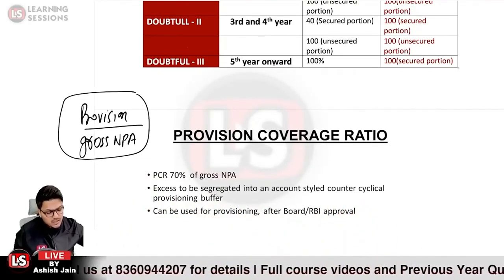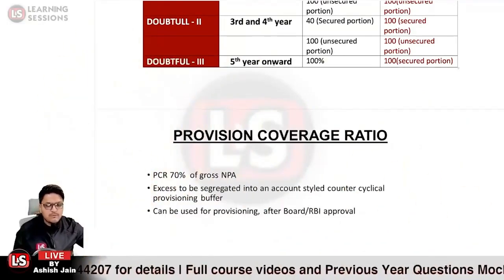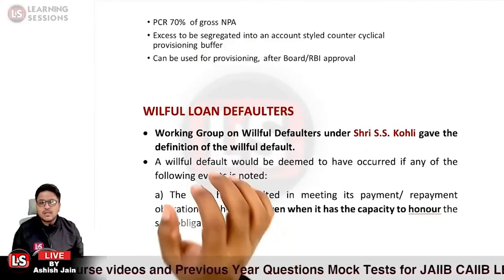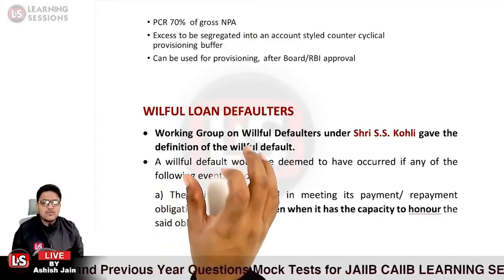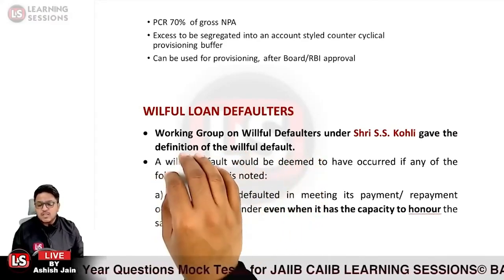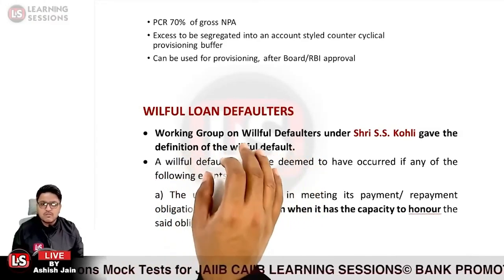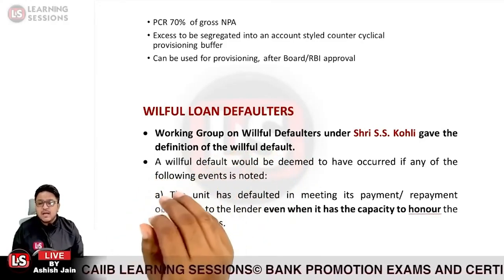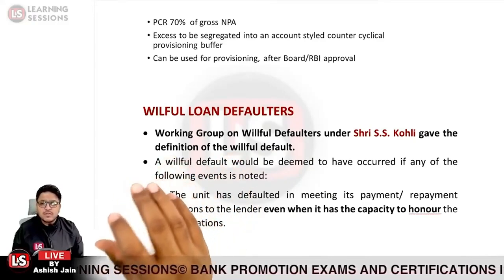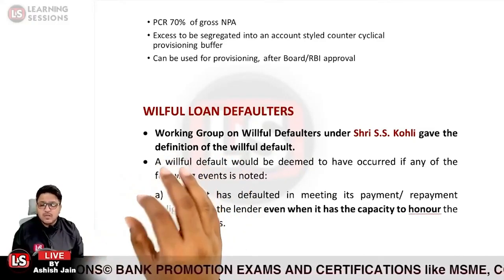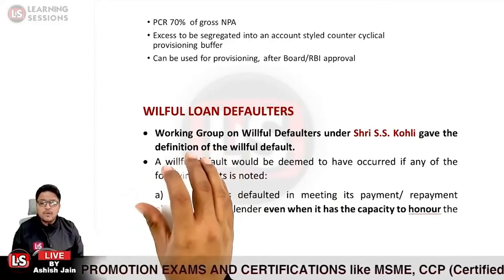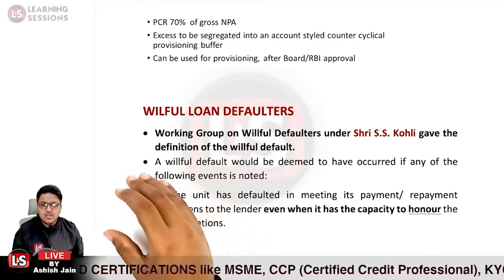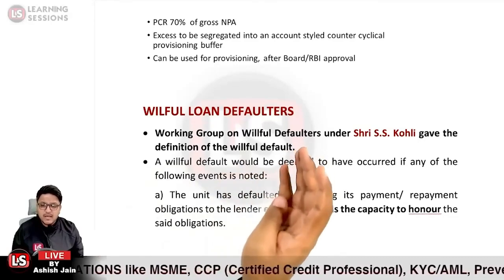That is related to the PCR, and further it is related to the willful defaults. Further, it is related to willful loan defaulters. So under the chairmanship of the SS Kohli working group, the definition was given by the working group. And further, what does the definition identify? That if the obligation related to the repayment of the loan is on the borrower, but willfully they do not repay the loan back, even though they have the capacity to honor the transaction, but still they do not pay the amount back, in that case it is said to be